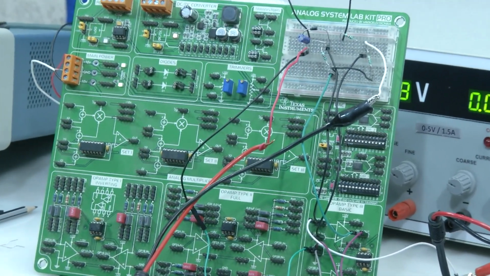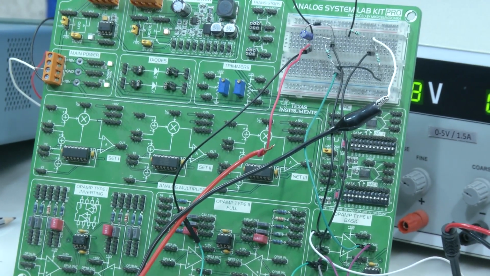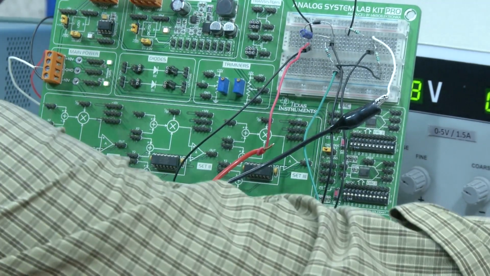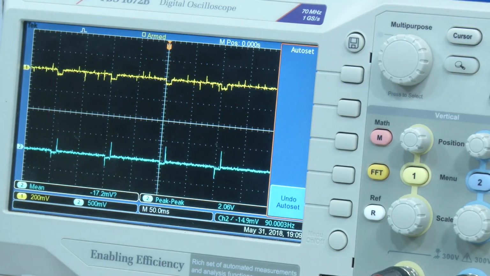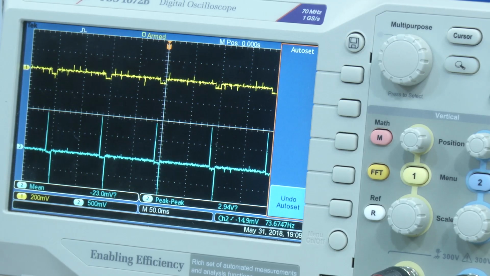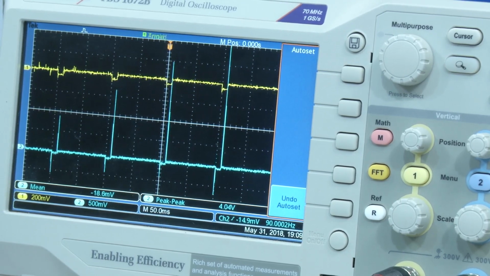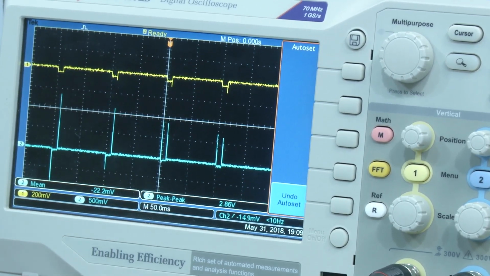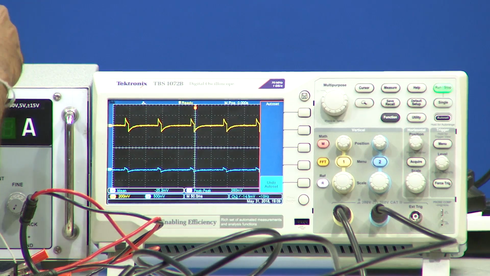So, we made the connections now. What is the response we are getting? So, we will make it on the auto scale CRO. What we do is create the same differentiator here, and we will try to provide a spike as an input to the system. So, we will switch off everything and connect a differentiator circuit on the breadboard of our TI board.